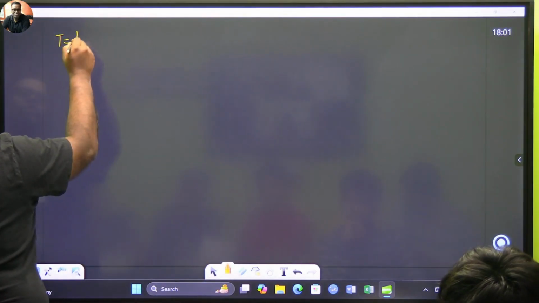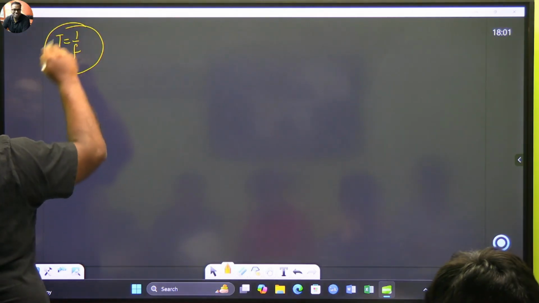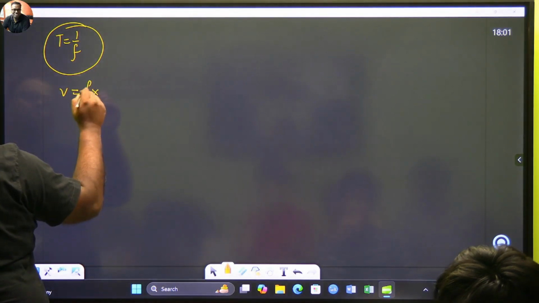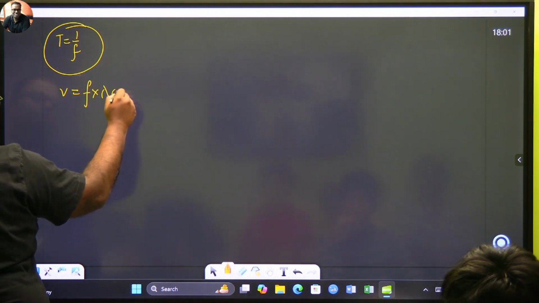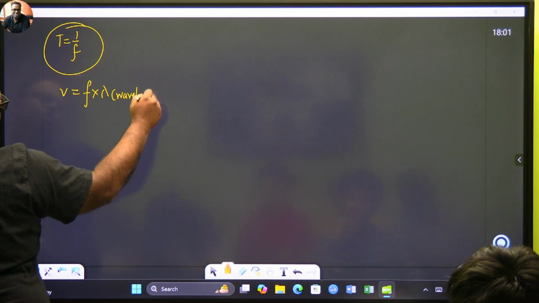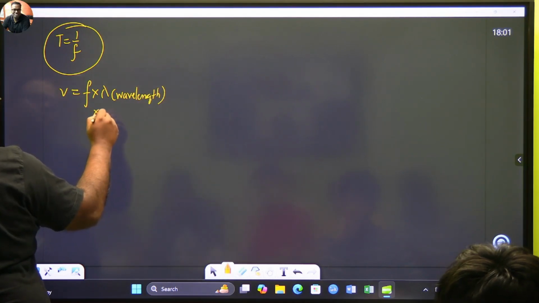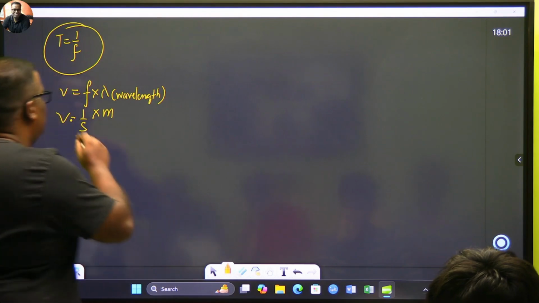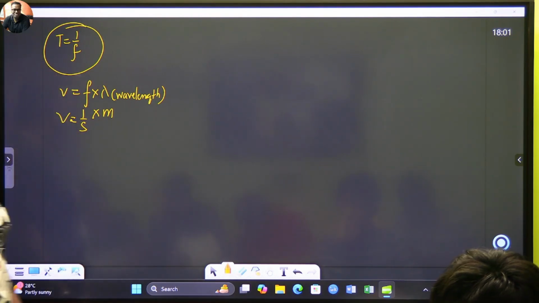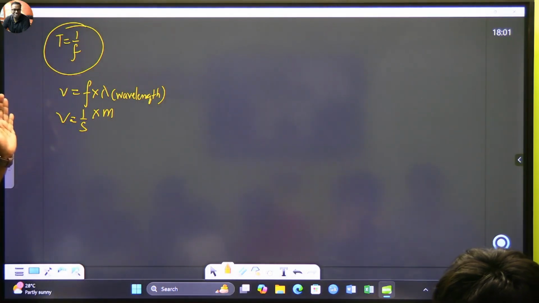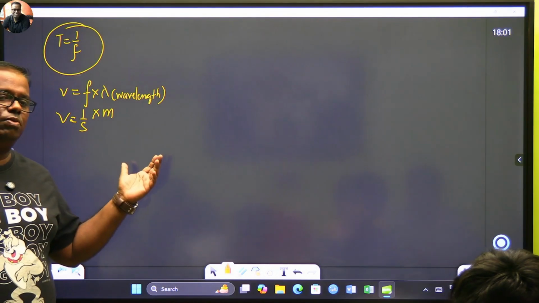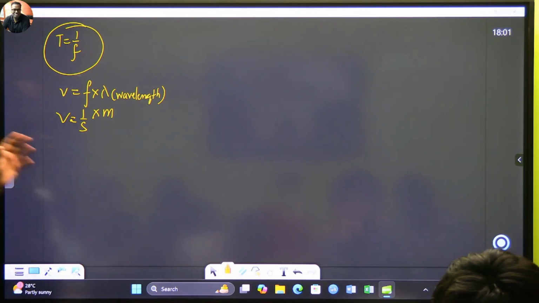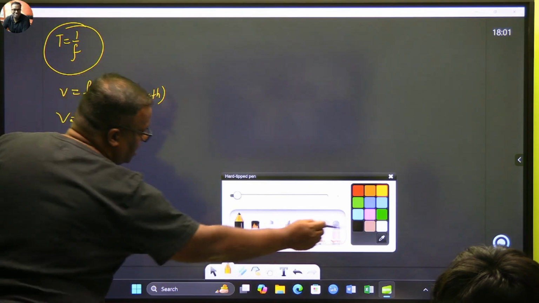time period. These two equations you should know for your grade 9. T is equal to 1 by f, and the speed of the wave is always given by frequency multiplied by the wavelength, which is lambda. Units check कर लीजिए. Wavelength होता है मीटर, frequency होता है 1/second. That is nothing but velocity, which is meter per second. We are correct. इसके ऊपर कुछ सवाल दे देगा आपको और उसमें आपको बेवकूफ बनाएगा. They will give the wavelength in some centimeters, nanometers, micrometers. So please ensure that whenever you are getting the wavelength, आपको wavelength मीटर में ही लेना है.